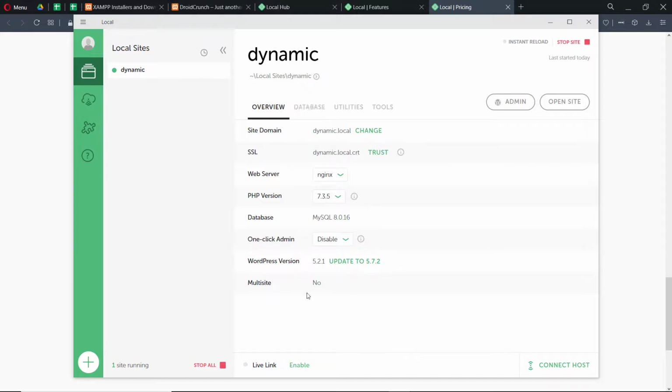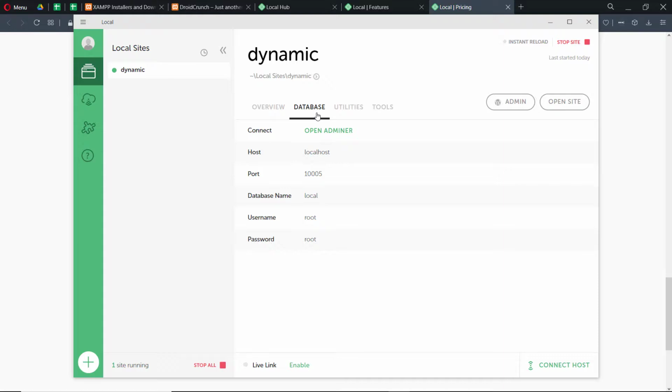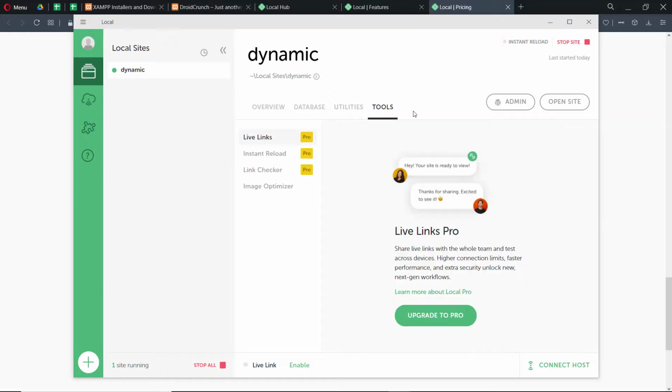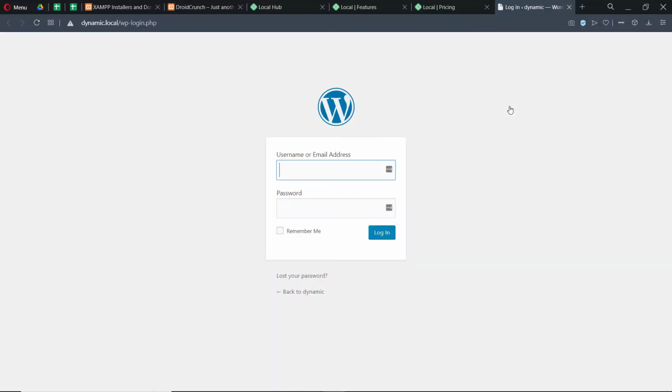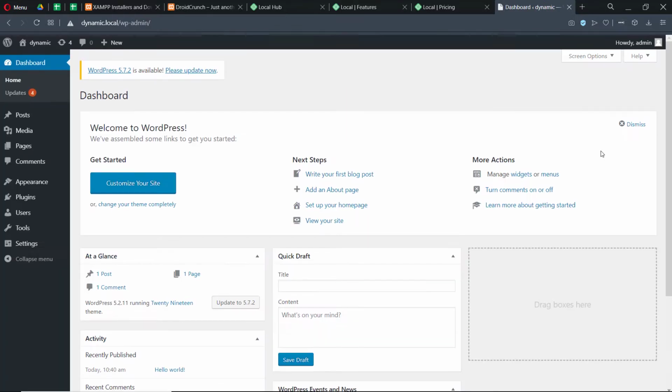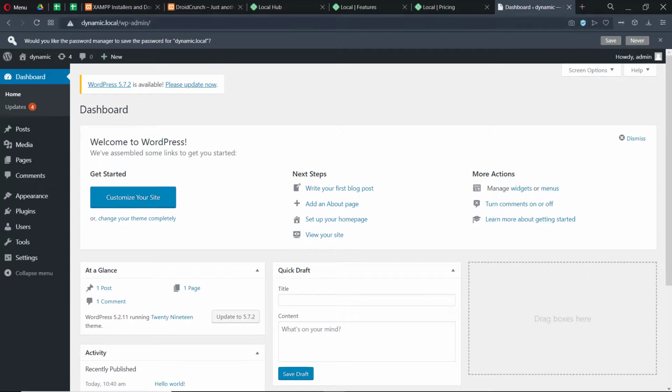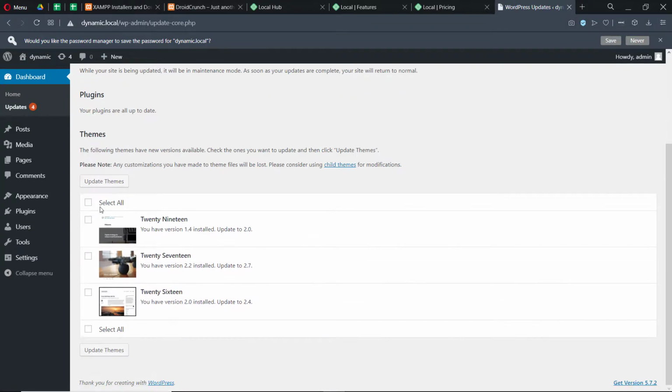Here is the overview of our website and the database. You can open it from here. Here are some utilities and some tools which are in the pro version. So let's go to our admin or open the site. So it's very fast. We can use the details that we provided while making the website, and it's wonderful. It says dynamic.local and it's way too fast.